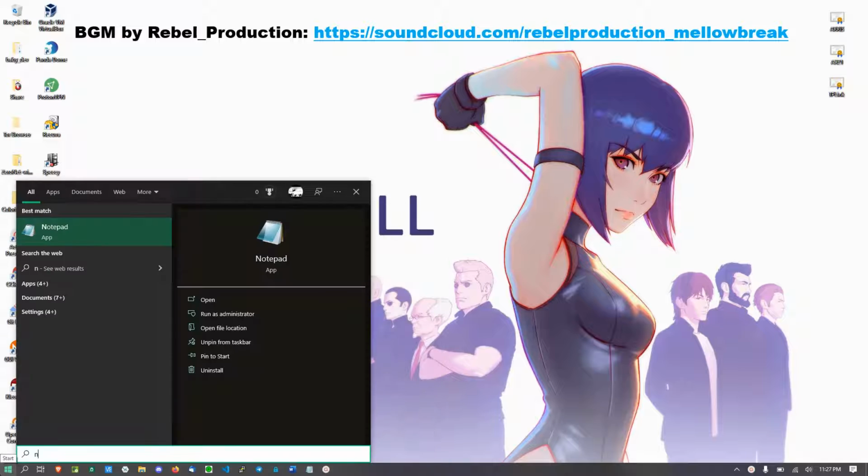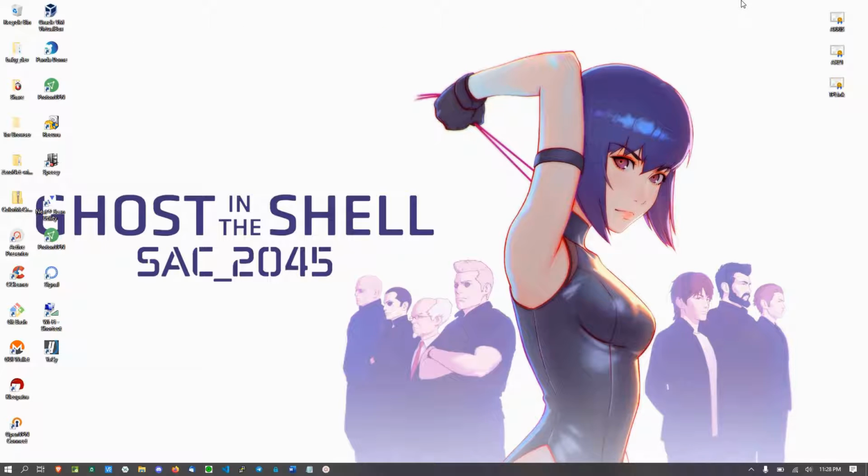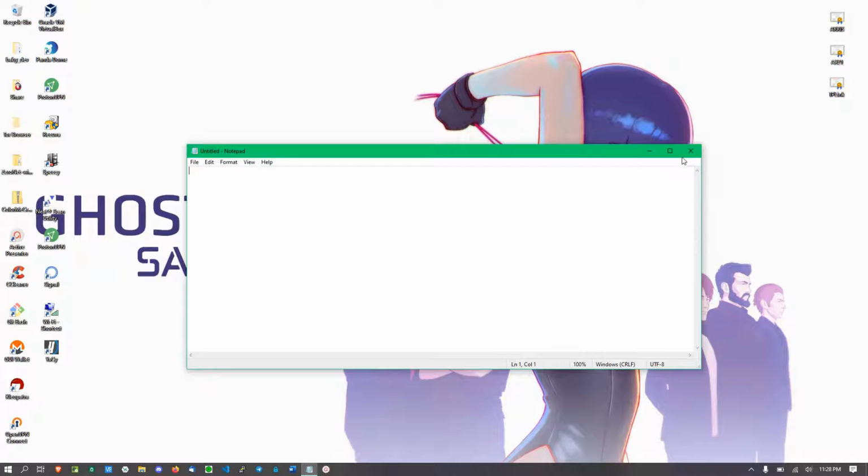So the first thing you want to do, step number one, is open up a notepad. However, you need to open it up as an admin, so simply press your Windows Start key, and then you go down to where it says Run as Admin. You'll get a prompt: do you want to allow this app to make changes to your device? And the answer is obviously going to be yes. So hit yes, and you get a brand new